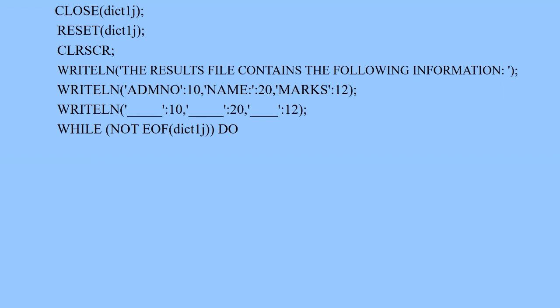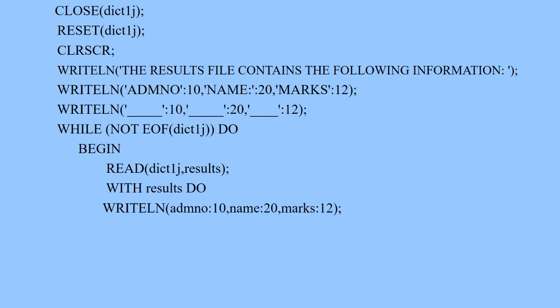And then we check, while not end of file, the file called DICT1J do the following. So as long as the end of file is not encountered, read results from the DICT1J. So read DICT1J, comma, results. Then with the results, do the following. Write out this on the screen. Animation number formatted 10 spaces, content of name formatted 10 spaces, content of marks formatted 12 spaces for the first